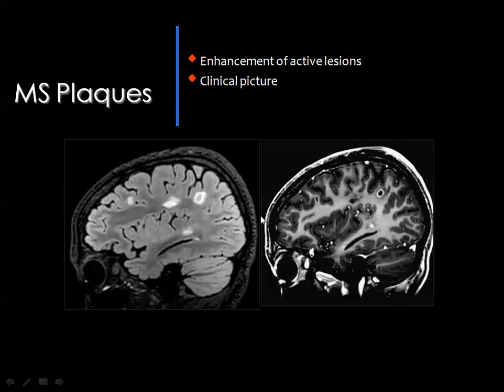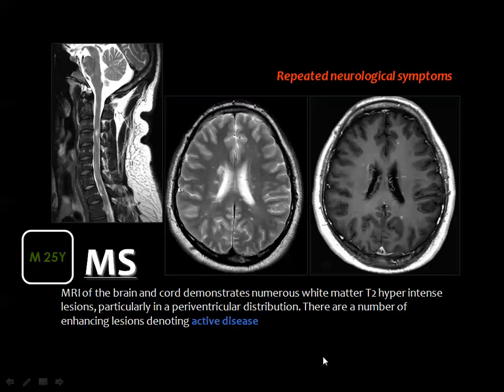And if you see enhancement in one or more of the lesions, you may predict that the lesions are active. And this is a male, 25 years old, who has MS, and you see the plaques in the periventricular area of high signal intensity in the T2 weighted image. Some of the plaques will show enhancement like this one and this minute focus, and also this one, which is